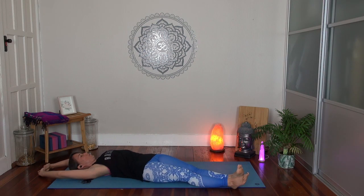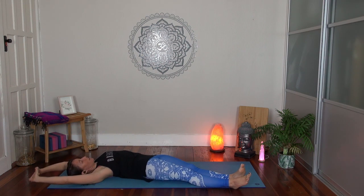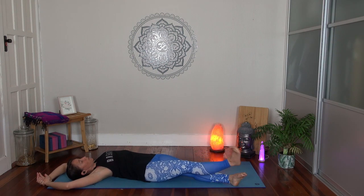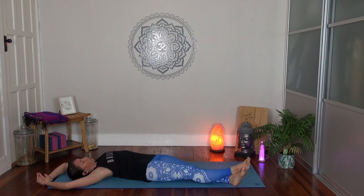And let go. Walk your feet over towards the right, coming into our crescent moon or our bandhana asana. And walk your shoulders to the right as well. Now you can either have the arms up above your head, you can hold onto your elbows, or just have the arms loose. And if you like, you can place your right foot over the top of your left ankle